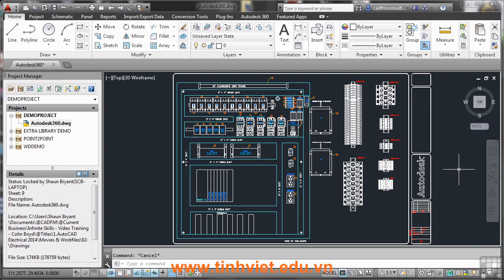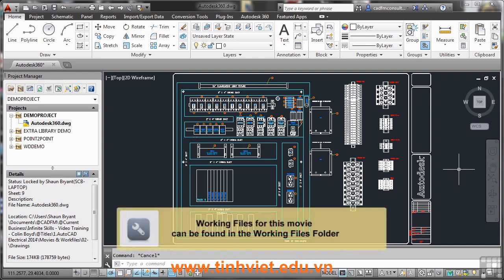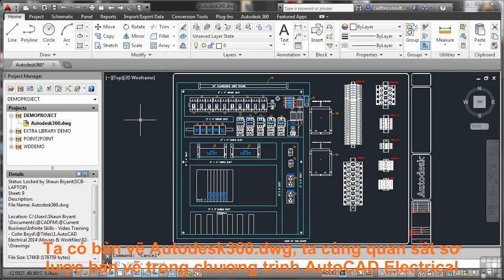I've got a drawing open in a demonstration project. You can see it over here in the project manager on the left. It's demo project and the drawing name is Autodesk 360.dwg. We're going to have a little look now at Autodesk 360 and how it works and how it's integrated into